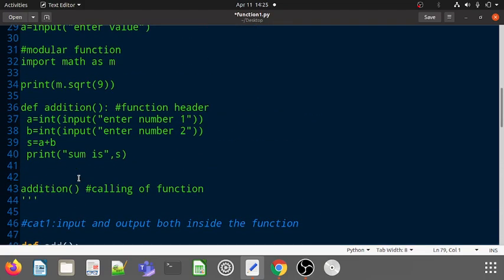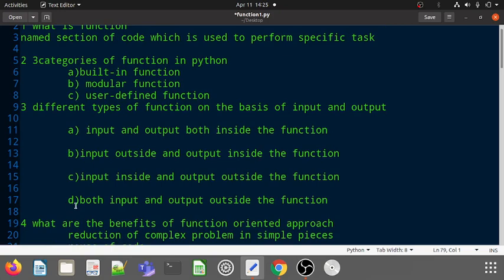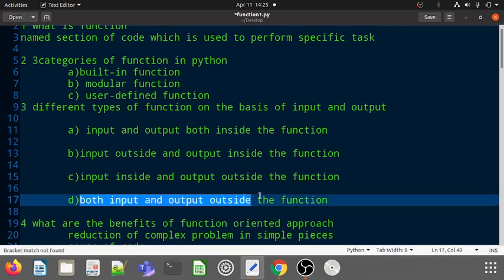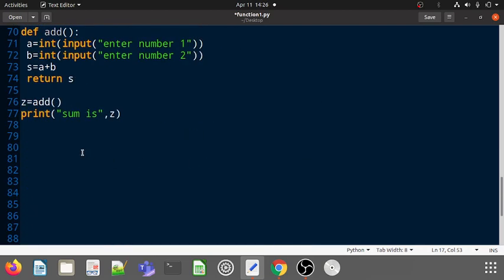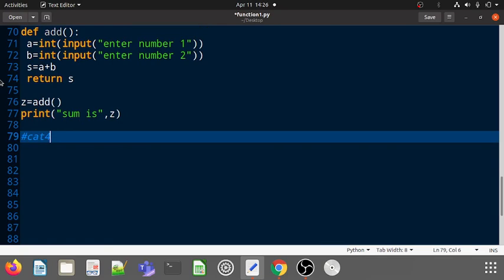Now we will come to our fourth category. The fourth category you will read, it is telling that both input and output you will take outside the function.